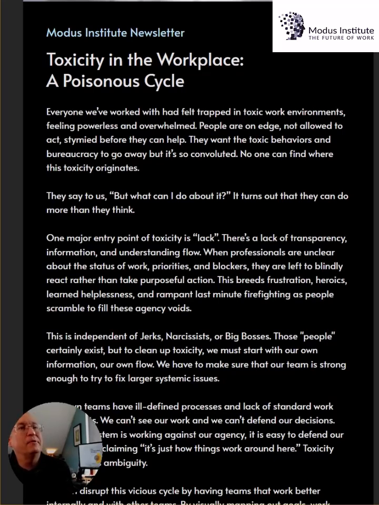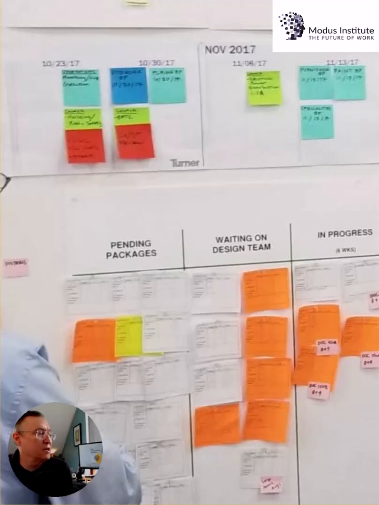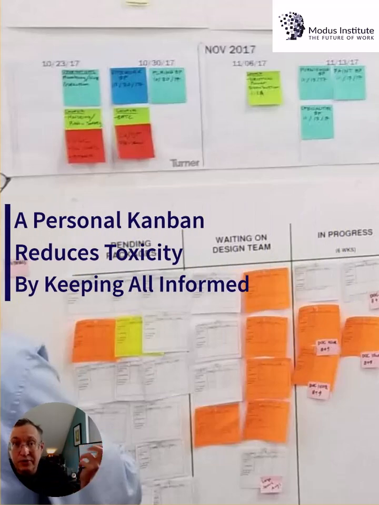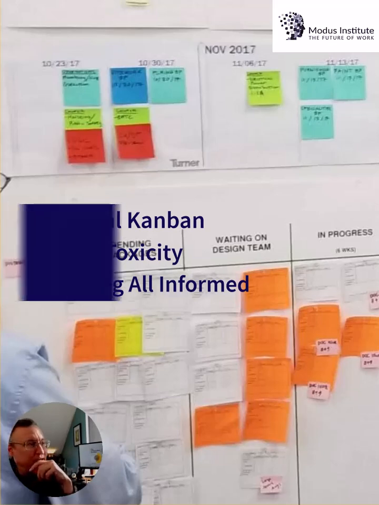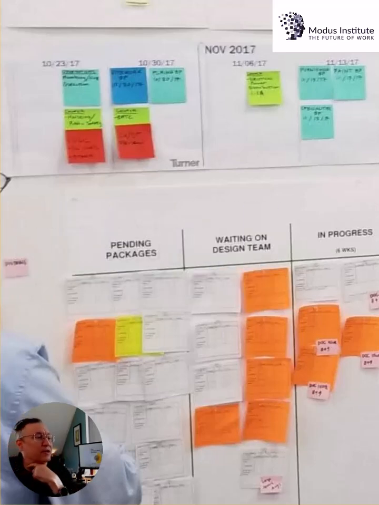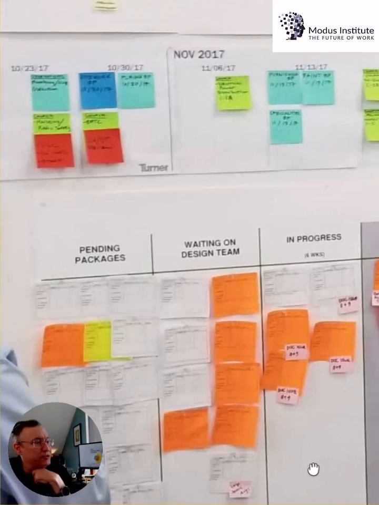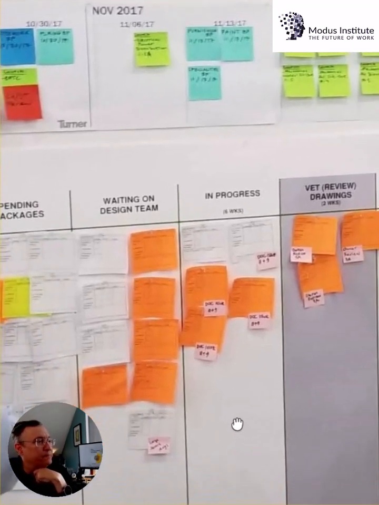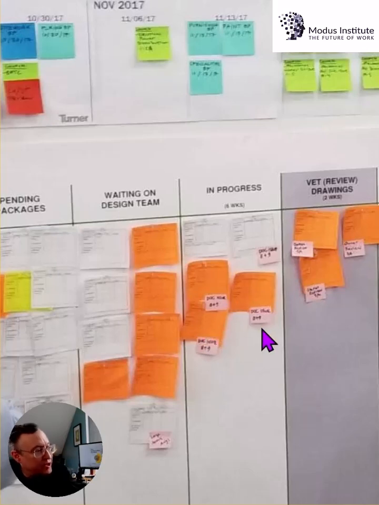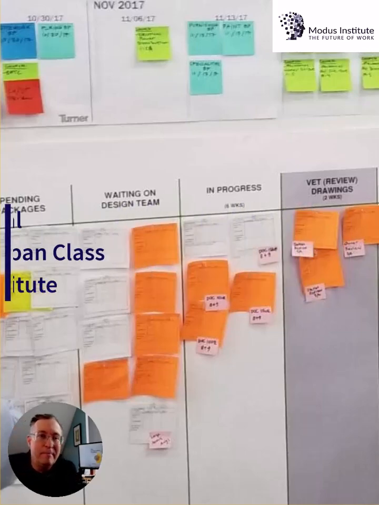So let's see what a couple of those look like. So this here is a Kanban, quick Kanban. Not surprising that I would start with a Kanban because I'm Jim. But the Kanban view reduces toxicity by showing us the flow of work through a series of steps, right? Flow of work. It shows us things that are in peril. It shows us different work item types. It shows us what's stuck where, who's doing what, how we can help, and why we might not have something yet.